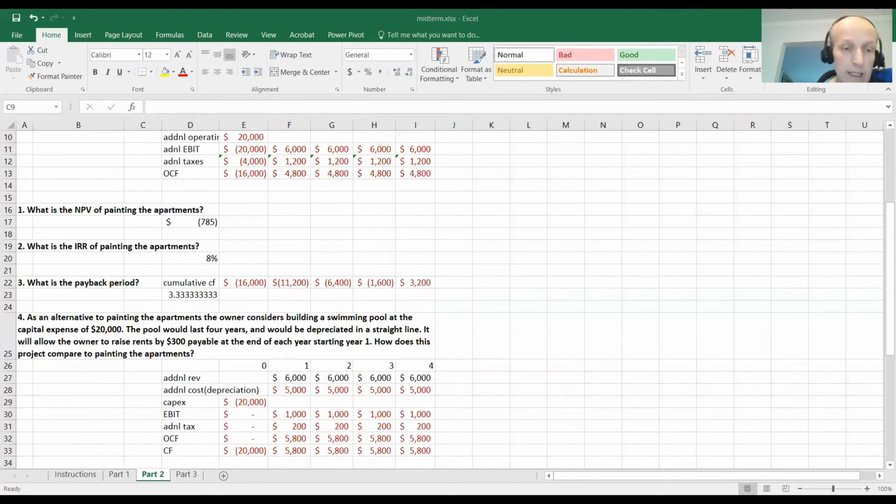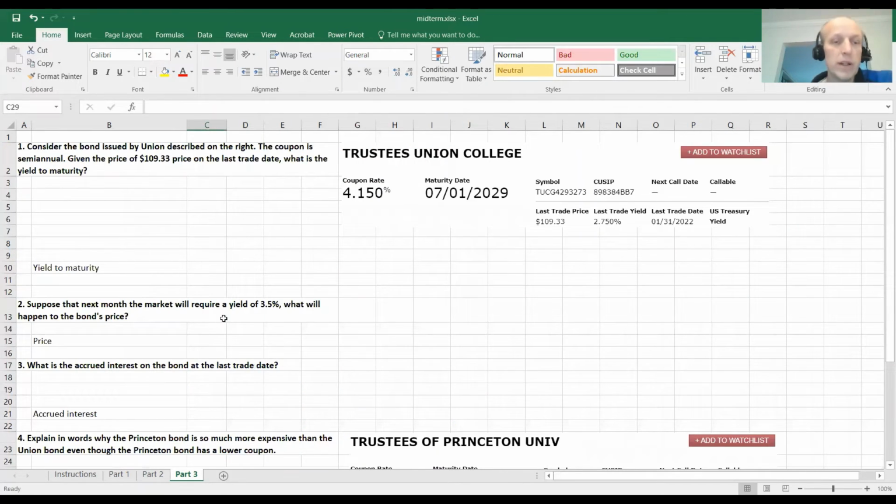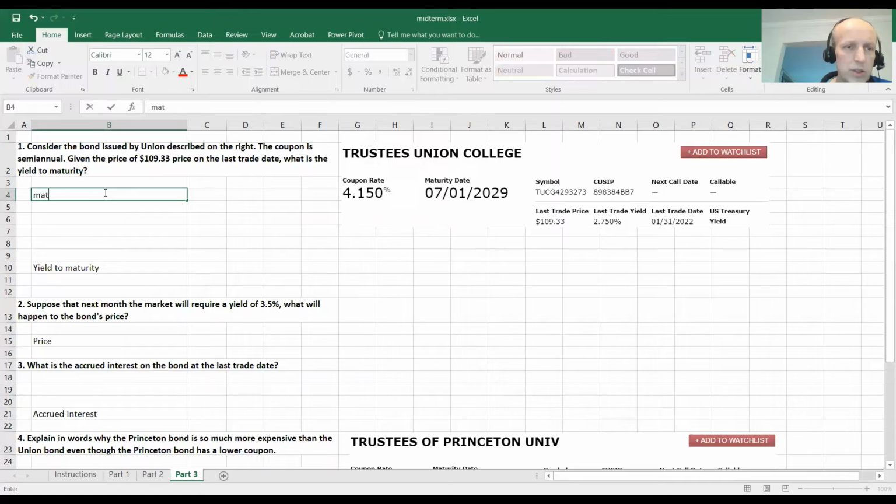All right, let's go to part 3 of this exam. In part 3, we're given some bonds. Here's bonds issued by Union College. So let's take some of these parameters from their maturity. It looks like it matures in